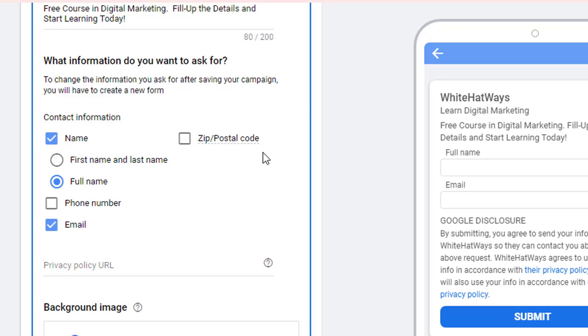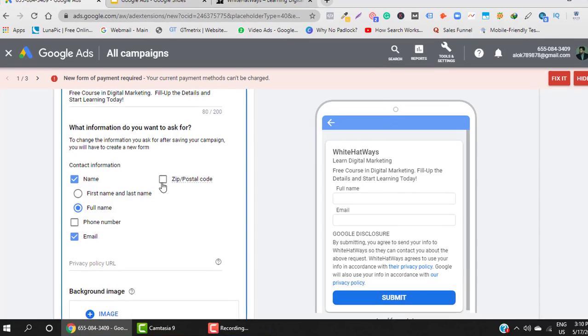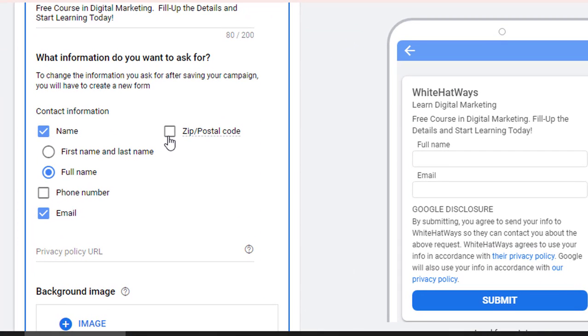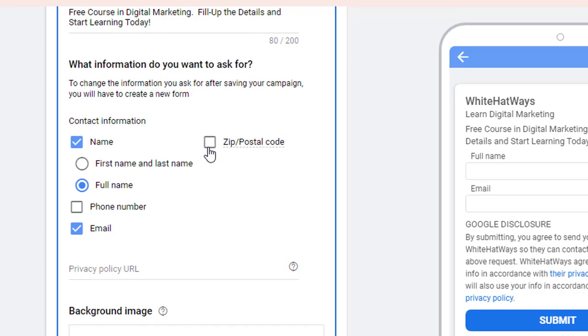So phone numbers, zip codes, when would they be required? In case you are a real estate company, you might go ahead with zip code. Why? Because this might not be the area which you might be covering. So you need to know in the first instance, is it the area which I am covering? Is it the area to which I am offering my real estate services? If not, then anyway you are not going to do anything for such people who are outside that purview. Similarly, phone numbers might be required for insurance businesses, since you need to take up an appointment with them and go to their respective places. It is not something that you would be able to do without that.